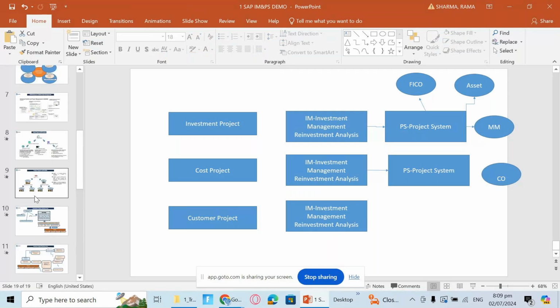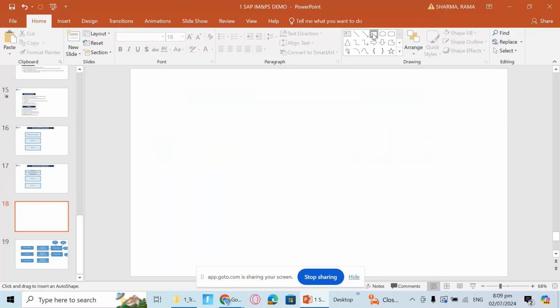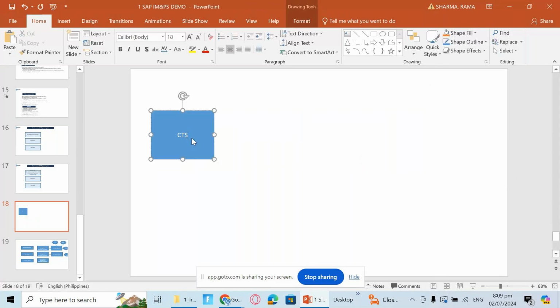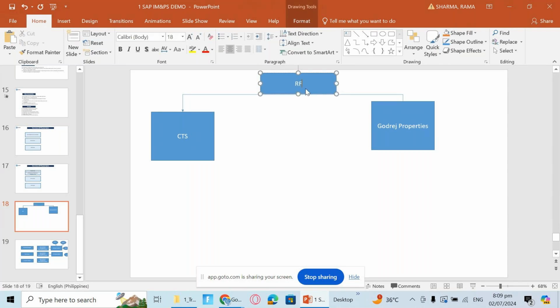let me explain in my words first, then I'll go to the slide, so this will be more clear to you. For example, I'm Cognizant here, CTS, and this is one company, Godrej Properties, and this company is looking to implement SAP. So for that they will send an RFQ, request for quotations. They will float the RFQ to individual companies, or sometimes they publish in the paper that they want to implement SAP,